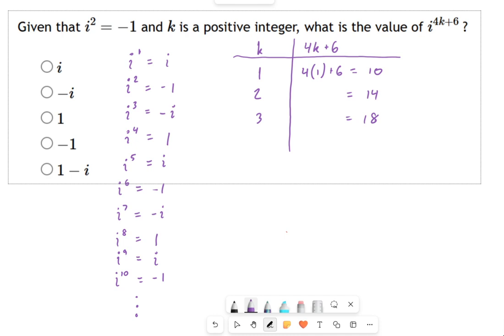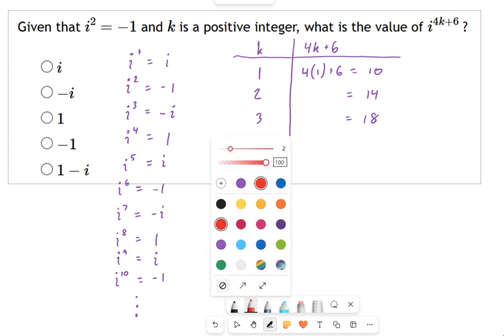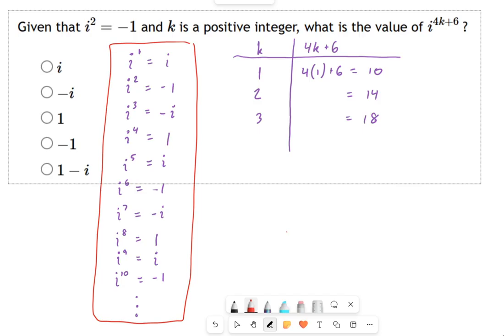Now, on the left side here, I've made a chart of some values of i taken to an exponent. And take a look at what we have here. i to the 1 is easy. Anything to the 1st power is itself, i. i squared is negative 1. That's the definition. i cubed, that's this one right here. i to the 3rd power is just i squared times i. Okay, so that'll be negative i. i to the 4th is 1. And if you take this pattern, you'll see that it repeats i, negative 1, negative i, 1, forever as you increase the value of the exponent.